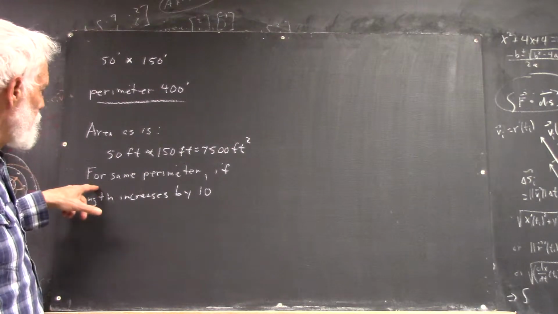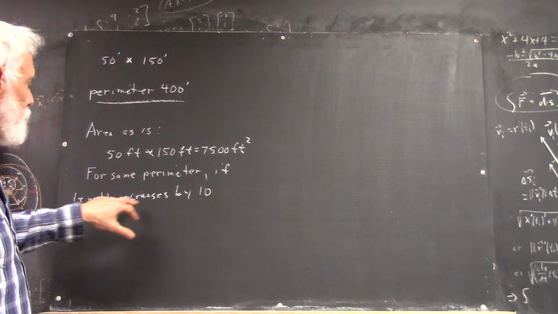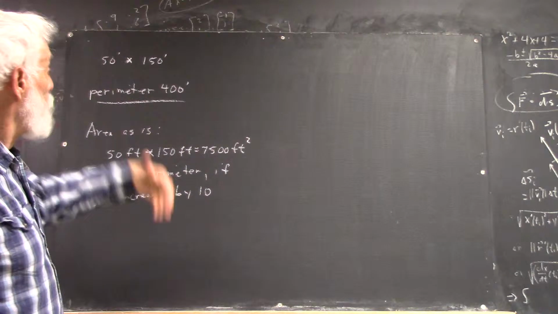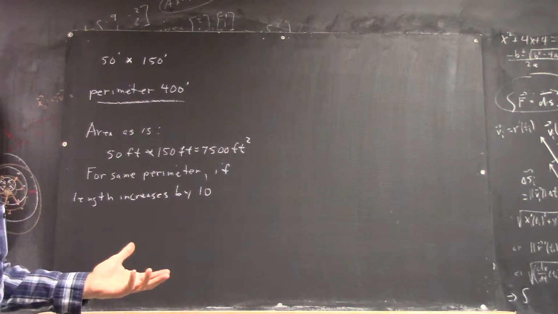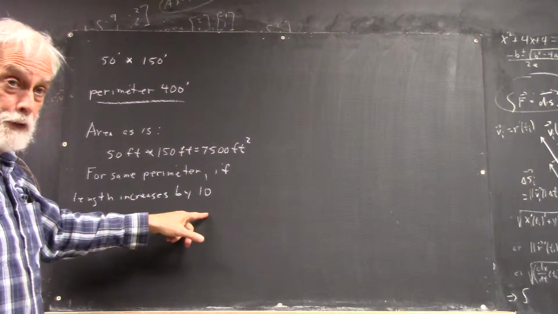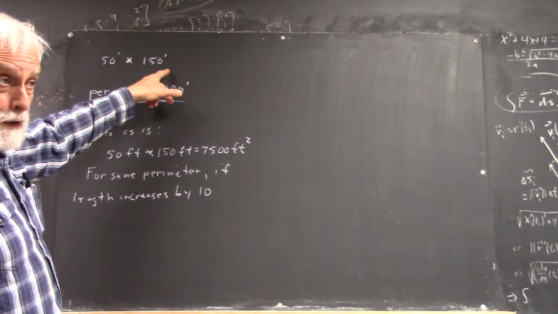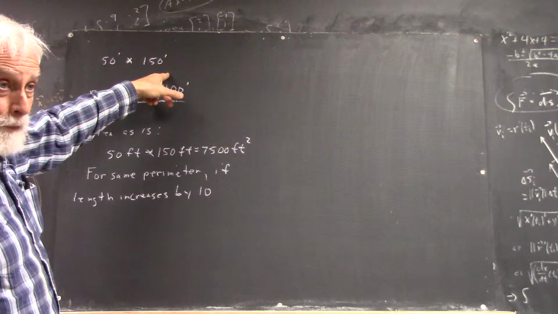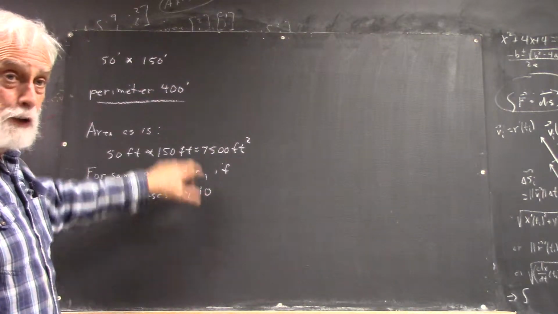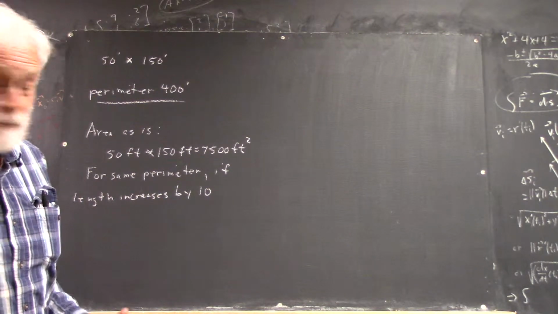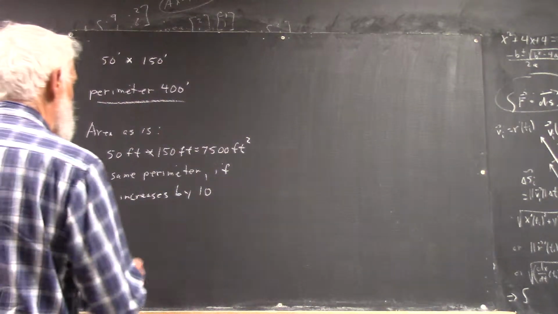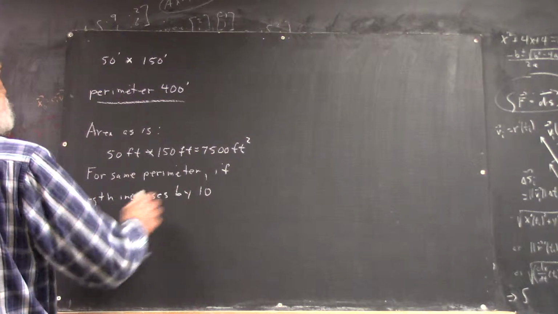We start exploring a little bit. For the same perimeter, if the length increases by 10, what happens to the dimensions? Well, it should be clear that if the length increases by 10, it's 150 feet long, it'll become 160 feet. But if I increase the length by 10 and don't change the perimeter, I've got to decrease the width by the same amount. So, if the length increases by 10,